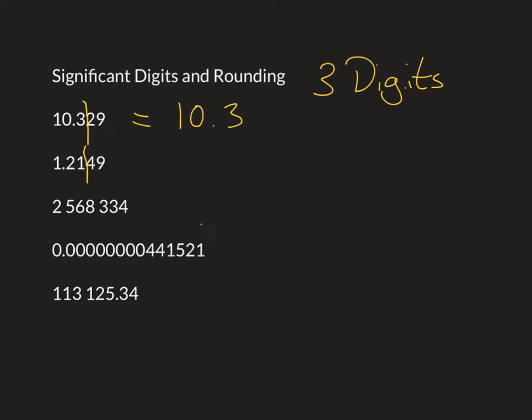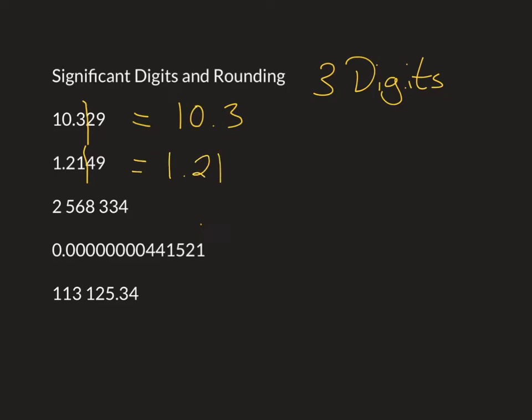I know that technically there's a 9 there, and that 9, if we were to round it here, would make that round up to a 5. But right now, all I care about is this one number. It's less than 5. So even though it's close to a 5, I'm still going to round down here. All right, so my answer when I round this one is going to be